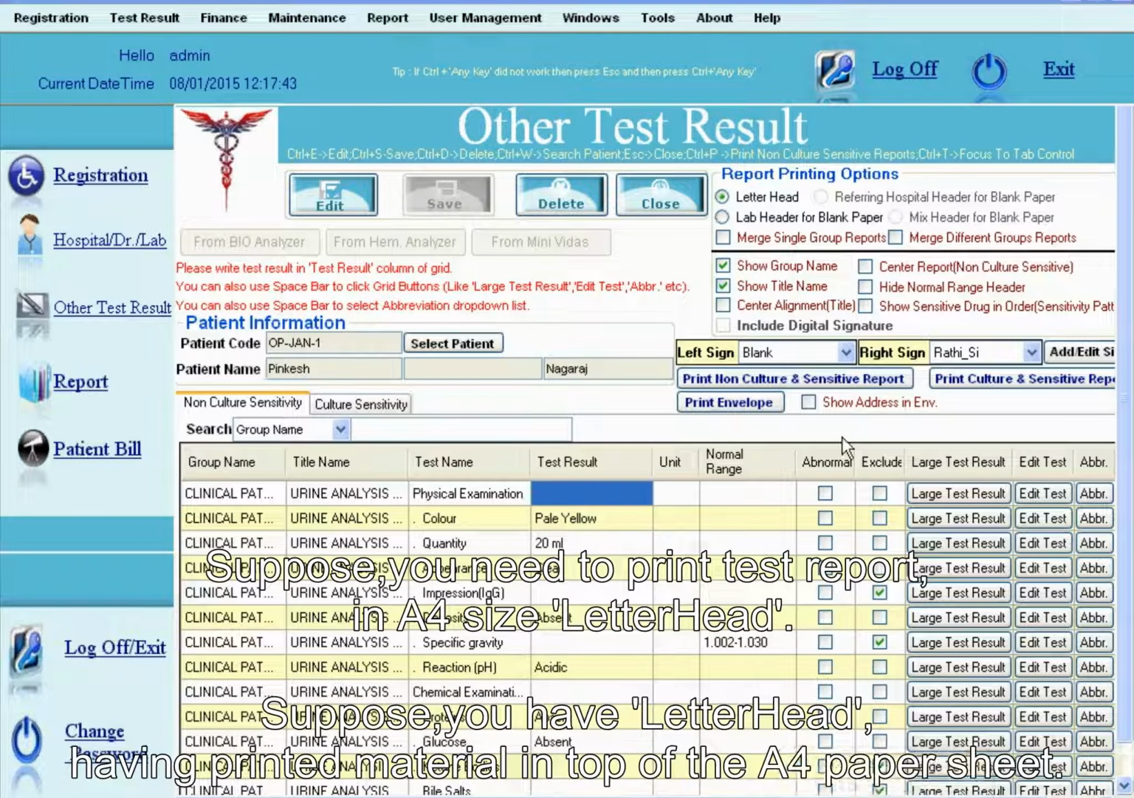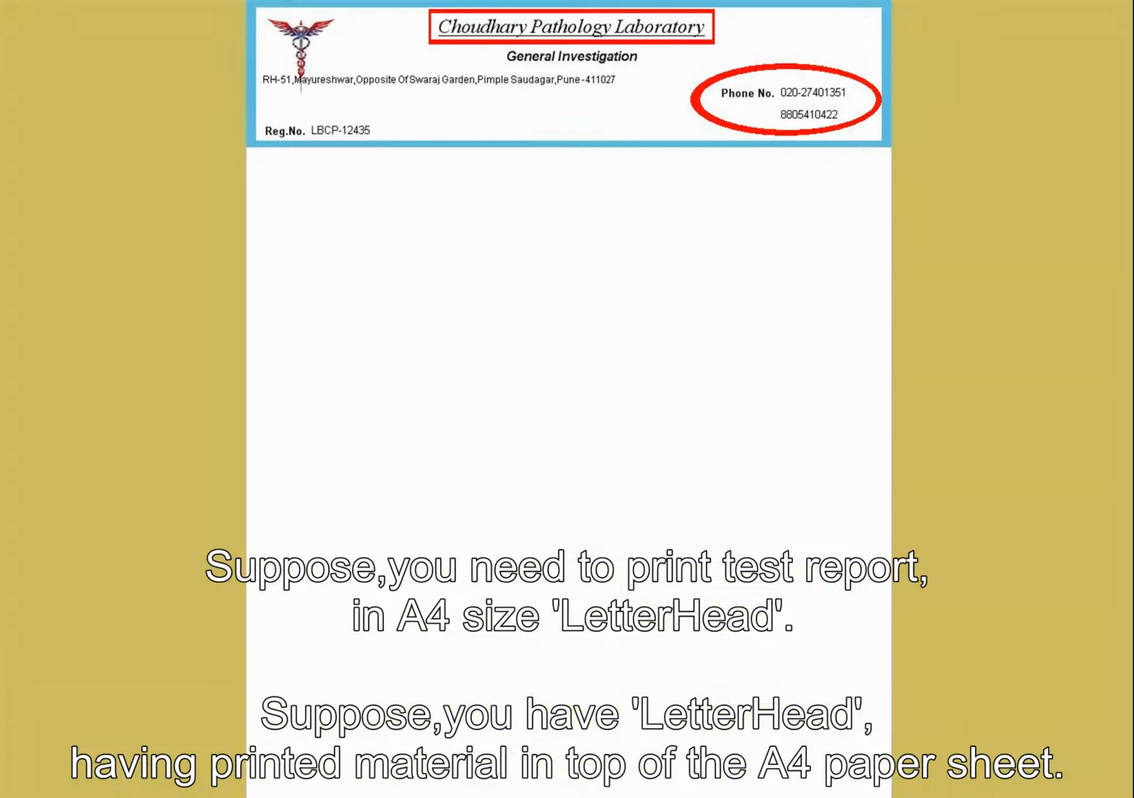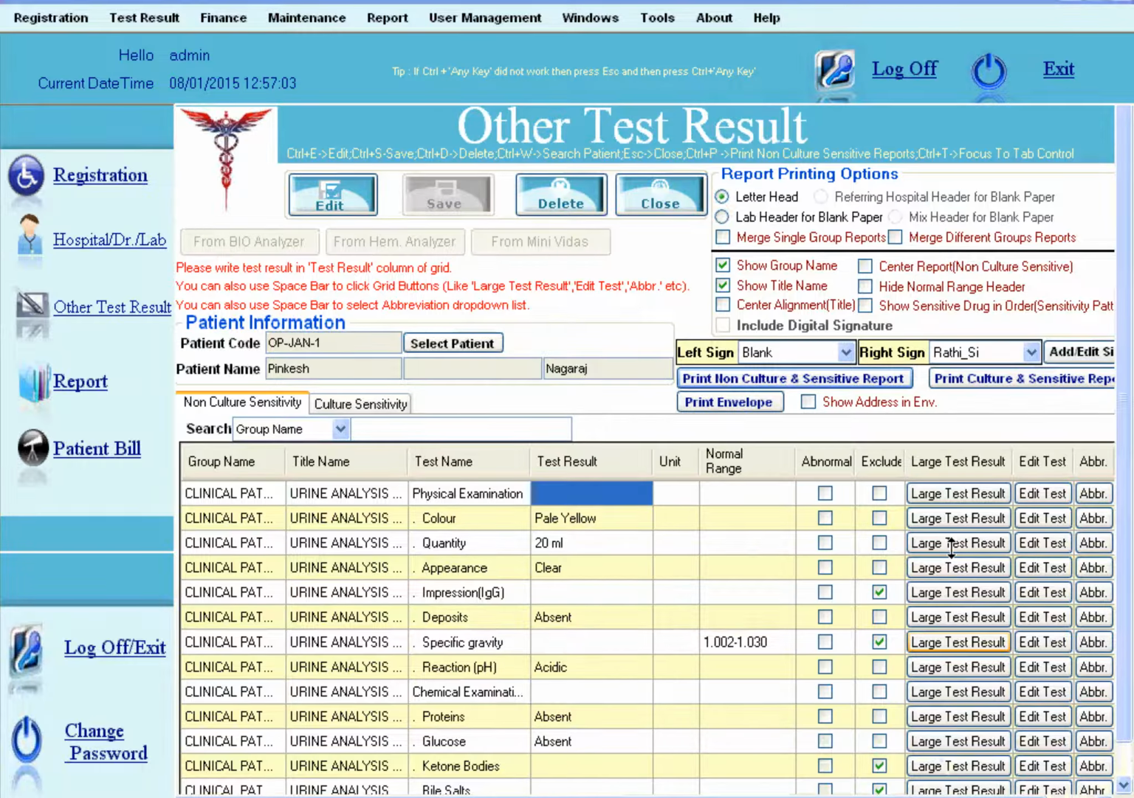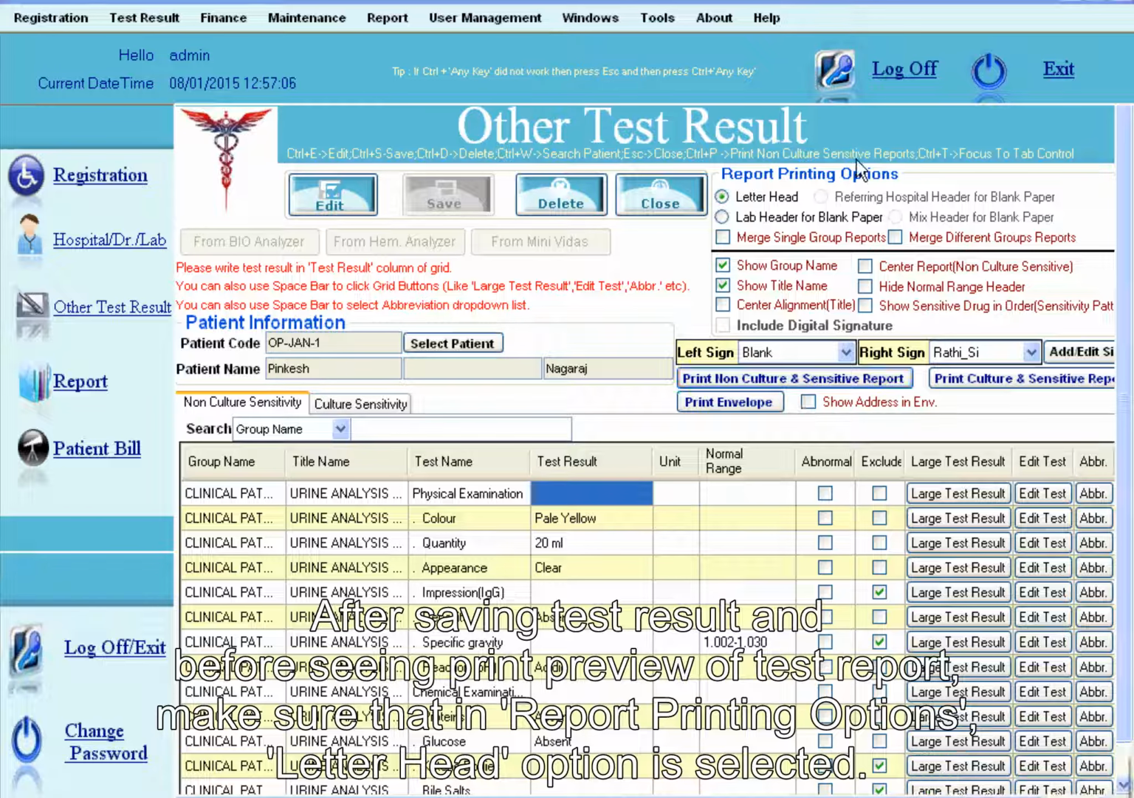Suppose you need to print test report in A4 size letterhead. Suppose you have letterhead having printed material in top of the A4 paper sheet. After saving test result and before seeing print preview of test report, make sure that in report printing options, letterhead